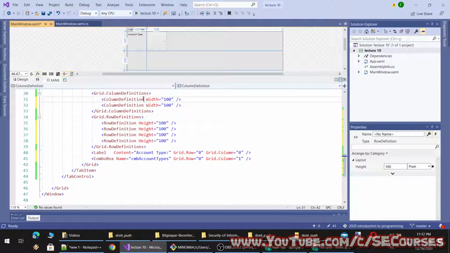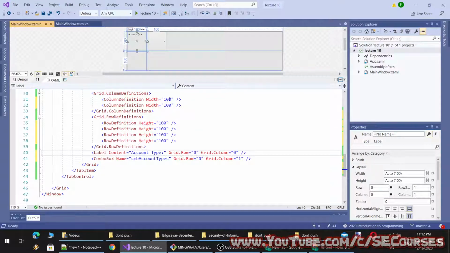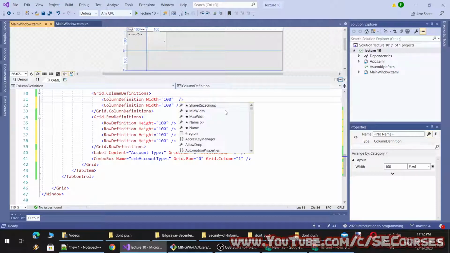By the way, the columns have width and the rows have height. Okay, so now it looks fine. And what other options are there? Vertical align, horizontal.